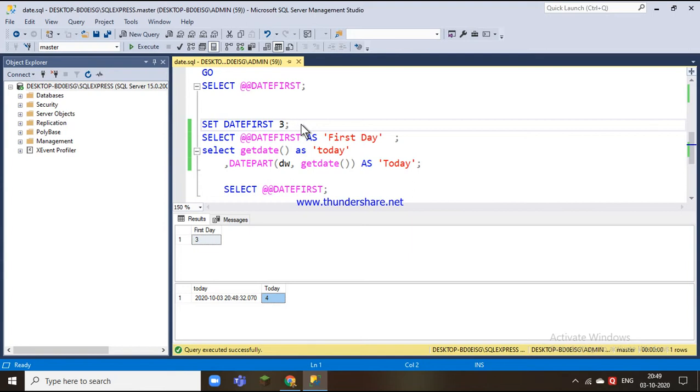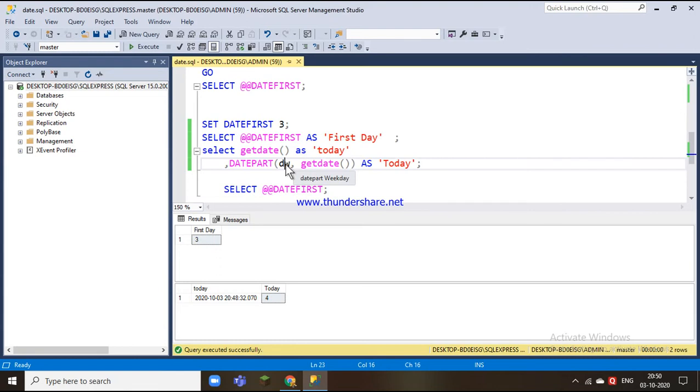What does the DATEPART function do? It returns an integer representing the specified date part of the date we have specified. Here I have written DW, meaning weekday; other values can be given, like WW for week.